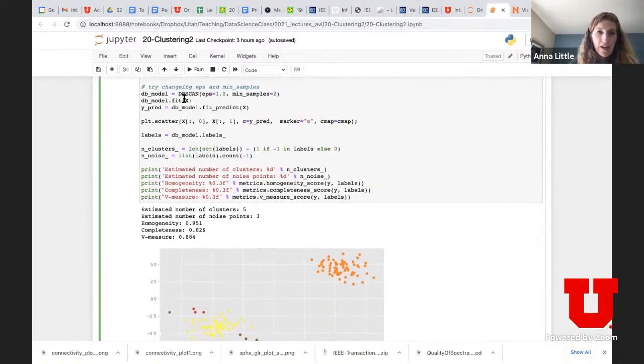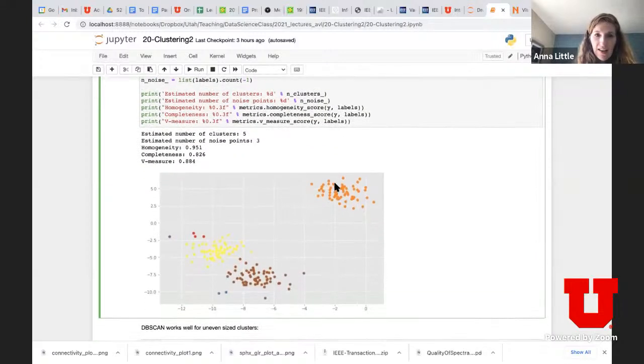Okay, so then we can fit this to the blobs data and then predict what the labels are going to be. And we can take a look here at our scatter plot of the blobs data together with the DBSCAN labels. And this is the picture that we get. So with those values of the parameters, we actually got 5 clusters, which are the orange, brown, yellow, red, and blue points. And then the purple points are the outliers. So the algorithm classified these 3 purple points as outliers